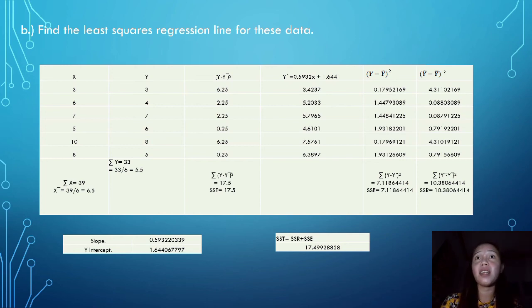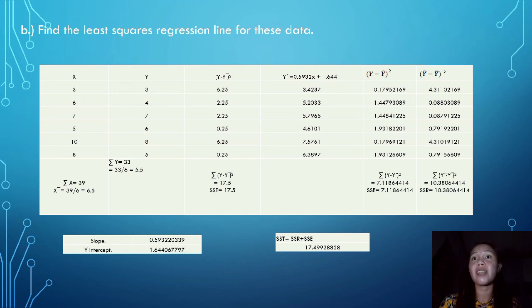Same with the next data, y hat is 1.44793089 minus 5.5, the y bar, then squared, the result is 0.0880389 or 0.09. So to come up with the sum of the squared regression, add all six data. The result is